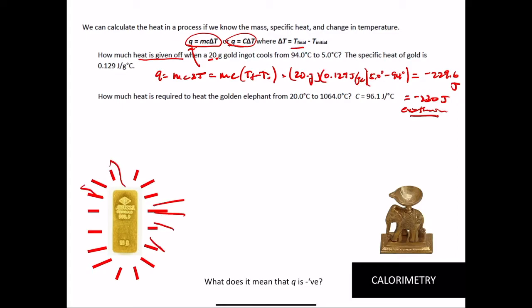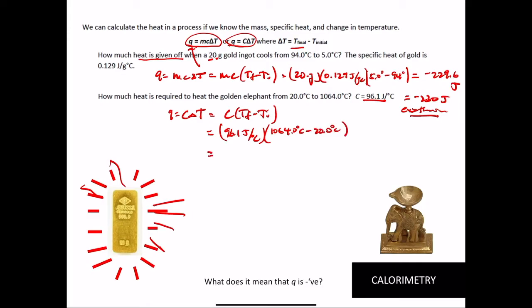How much heat is required to heat the golden elephant? Oh, from 20 to 1,064 degrees. Let's find out. So Q equals, here I have specific heat, so Q equals C delta T. T final minus T initial. 96.1 joules per degree C times T final, 1064, minus 20.0 degrees Celsius equals